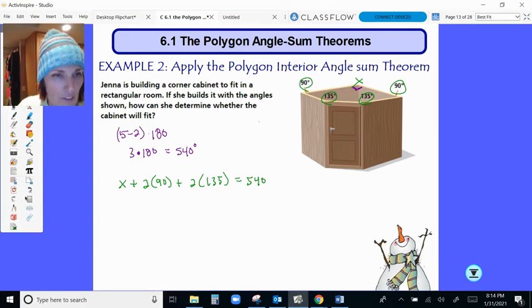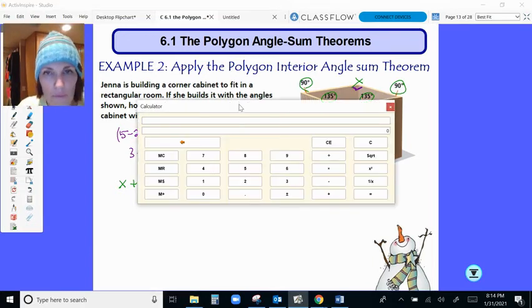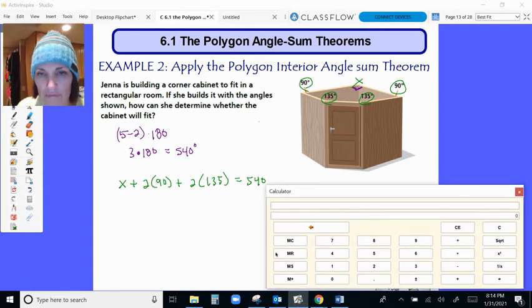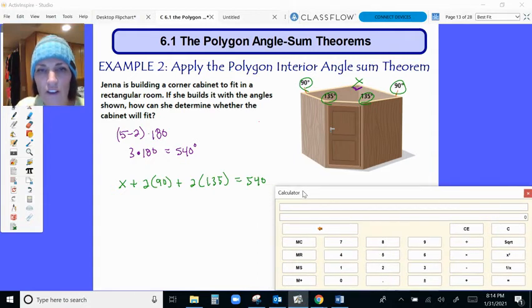I'm going to get out my little trusty calculator right here, pop it up. Oh, it's a big calculator this time. I think they changed it on me. See if I can make it smaller. Nope, I can't. Okay, so I'm going to take